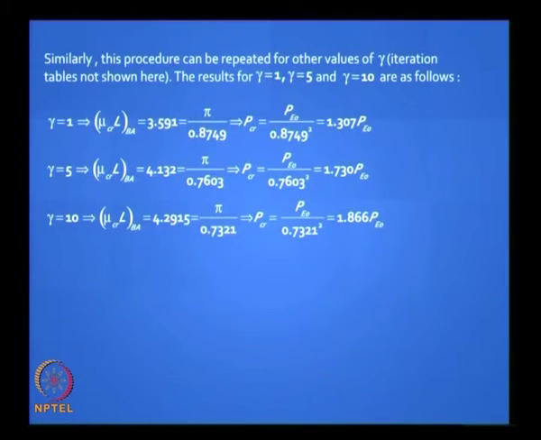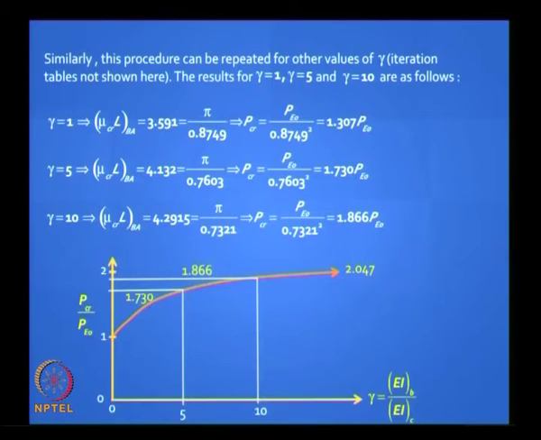You repeat this exercise for the other gamma values, and finally you draw a plot, and the plot is going to look like this. If on the x axis I increase the beam stiffness, beam rigidity relative to the column rigidity, the starting value is pi squared EI by L squared. So it starts with 1, and the maximum value is when K effective is 0.699, so you get 2.047 for a propped cantilever. Is it clear? So you should be able to guess this kind of shape, and for any value of gamma you can get the answer.